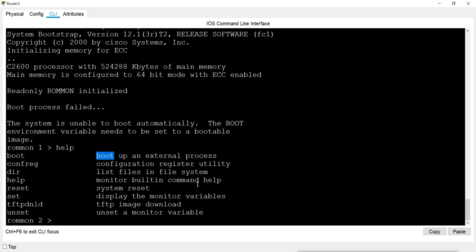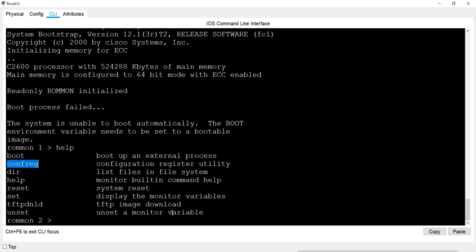Then confreg will change the configuration register utility. dir lists the files in the file system. Then help, then reset to reboot the router, set to display the monitor variables, and tftpdnld command is to download the image from TFTP server. Unset is to unset the monitor variable.